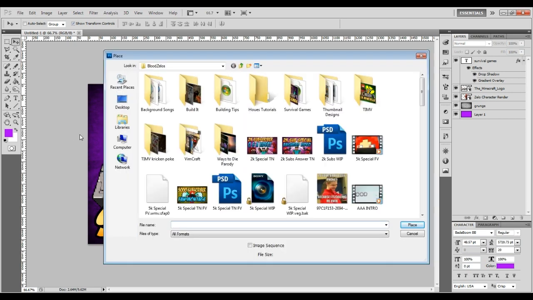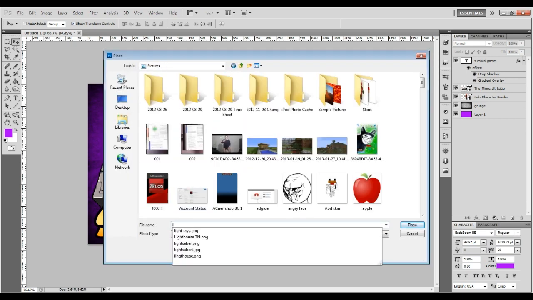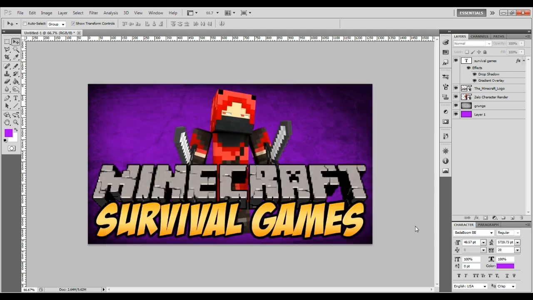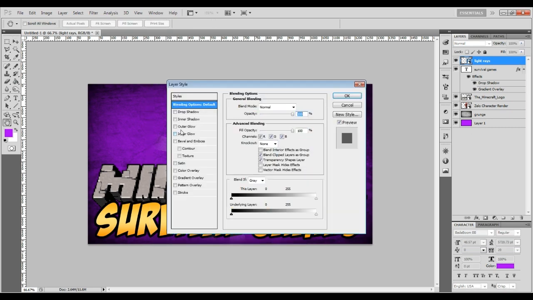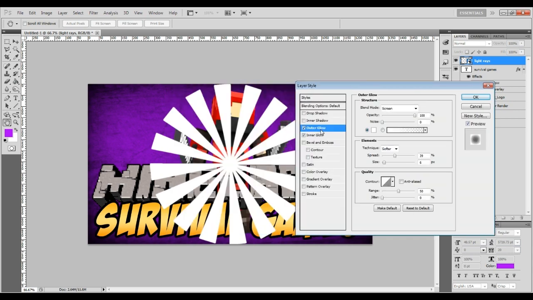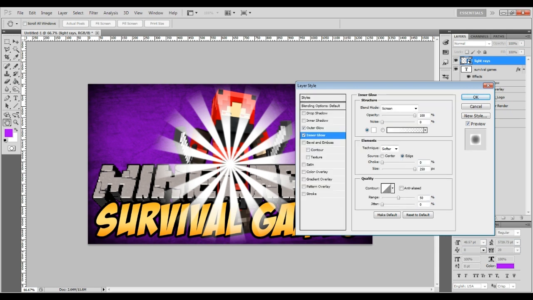Now one of the things I'll do is also put a download to this too, this picture, light rays. We're going to drop it in there, like so. And what I do to this one is I just give it the default inner glow and the default outer glow. Okay, not the default outer glow. Let me figure out what I did wrong. Right there. So an outer glow with a spread of 0, a size of 6, and an inner glow with